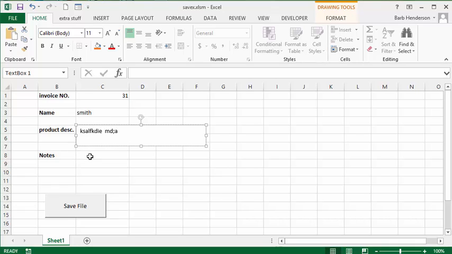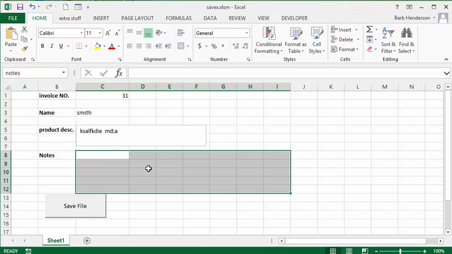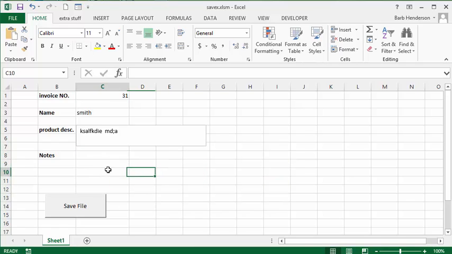so I'm just going to type some stuff. And then what I've done in the third one here is I have created a range so that they have all kinds of area to type some stuff in here. So let's say this is where I type. Okay, so now we would like to create a macro so that all these fields disappear when we